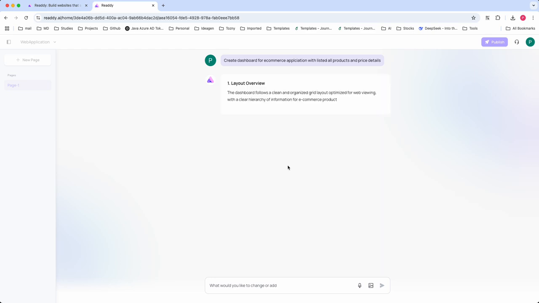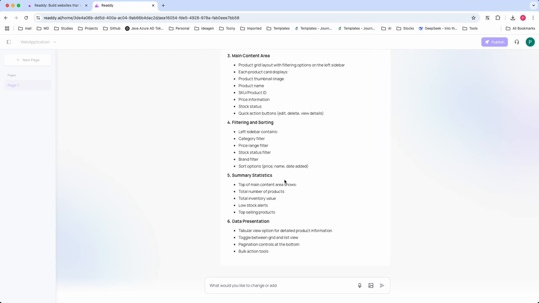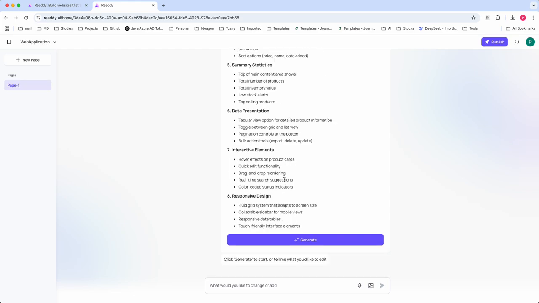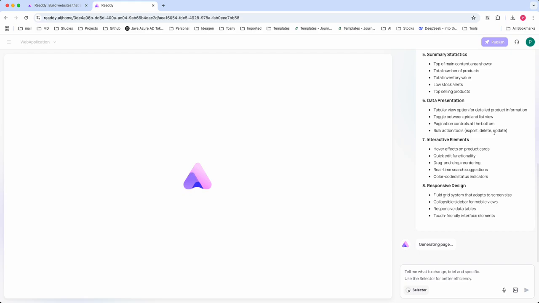Let's see how the task breakdown looks here. This is the task breakdown based on my prompt, and when I click generate, it will create the basic template for the first page. Once the page is created, you can copy the code and use it in your application. So in the meantime,